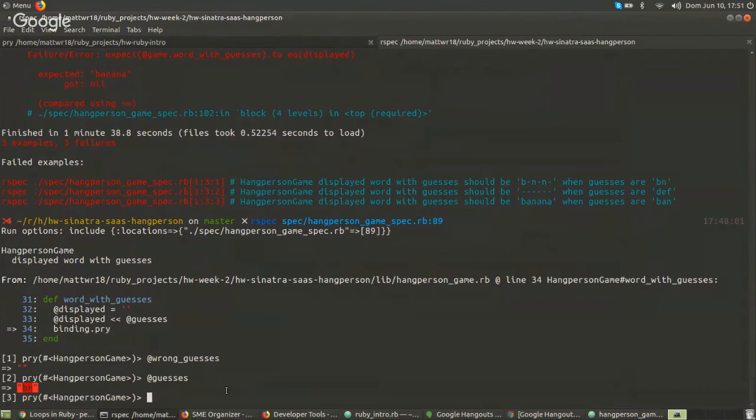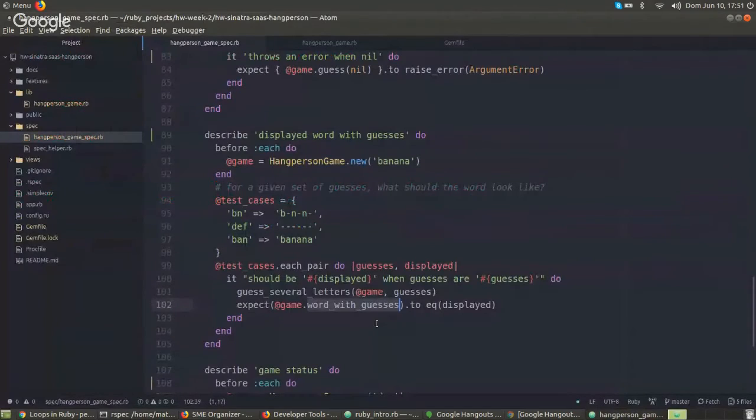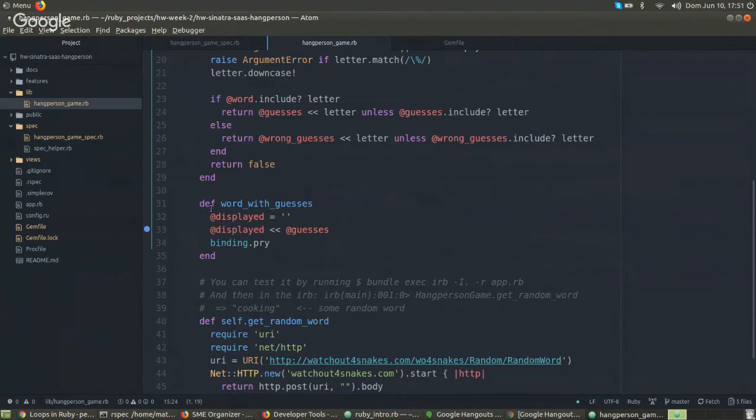And then I need to display it correctly. So that's the last method we're working with. That's what the guess method does, right? Yeah. The guess method is actually going to add to the guesses or to the wrong guesses, and by the time I get to word with guesses, it's already a string that's ready. So I need to, for every instance of